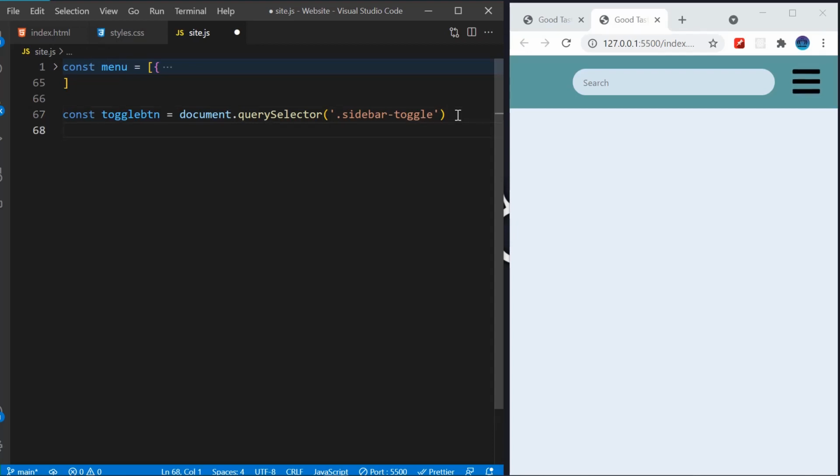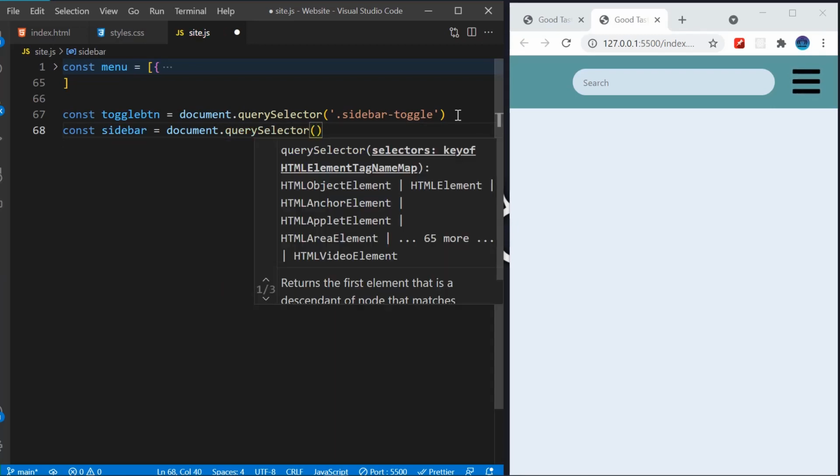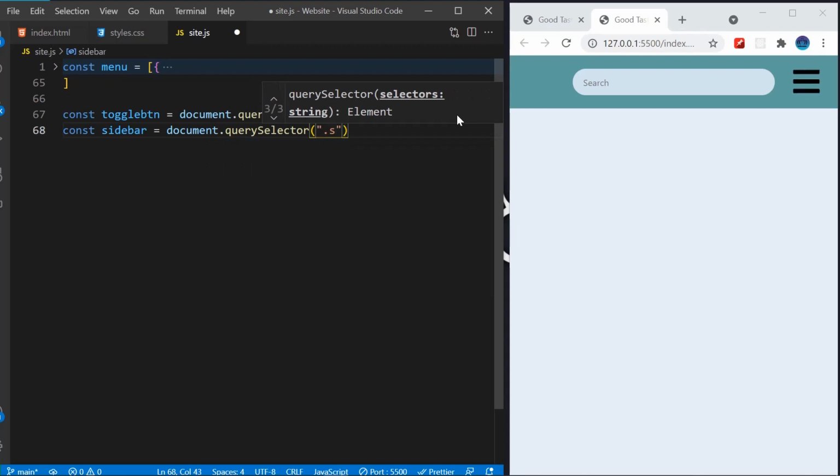So after that, let me also grab my sidebar. So I'll also say document.querySelector, and then I'll go with sidebar. That is the class name that I gave it. So after that, we can create a